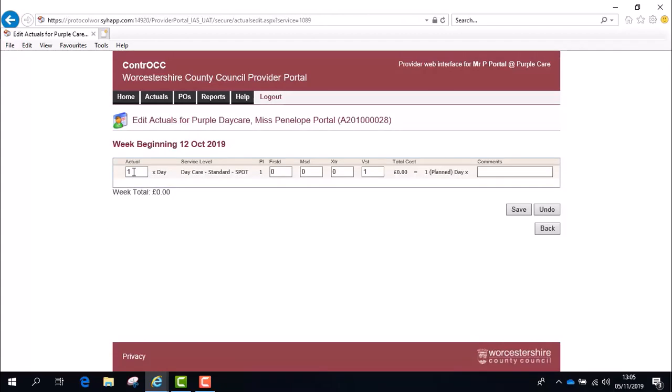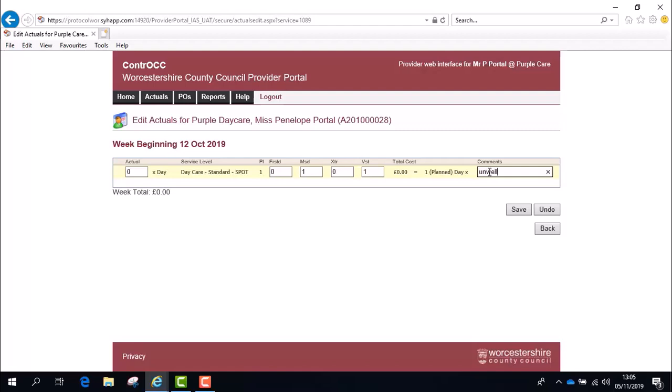If a visit is missed, then adjust the hours in the actual box and record the missed hours in the missed box. Please note the hours should be read as units and are as per the purchase order. For example, if the calls are for 30 minutes, 7 days per week, they show as 7 hours, not 7 units. Please be mindful of this when you make any changes.